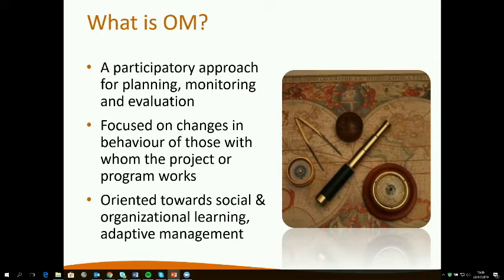So what is outcome mapping? It's an approach that was developed by the International Development Research Center, which is a quasi-governmental Canadian organization, developed in the mid-90s, and they published a manual in 2001, and that manual is available for free download at the outcomemapping.ca website. And that gives you the basics of what outcome mapping is. And they supported the creation of the outcome mapping learning community in 2006.